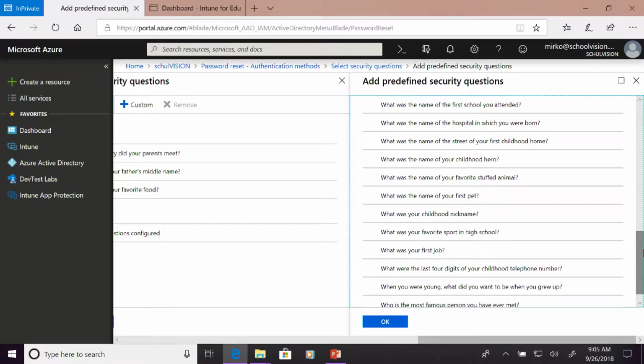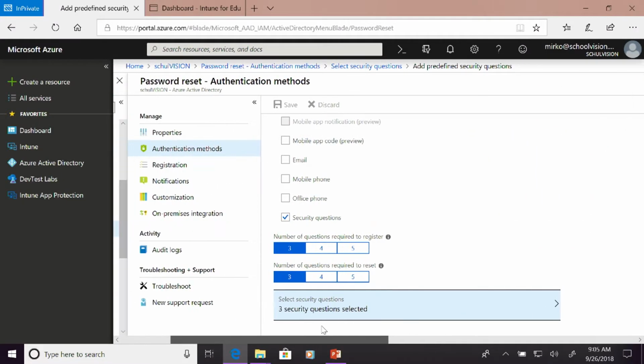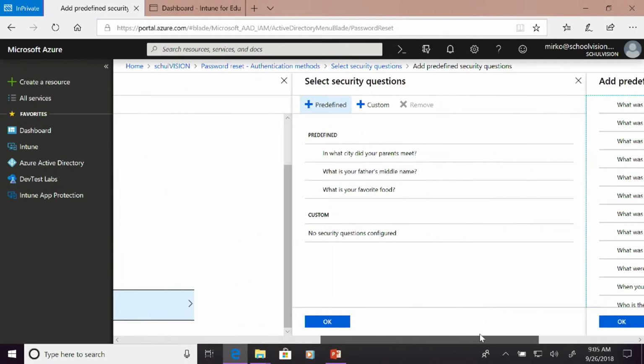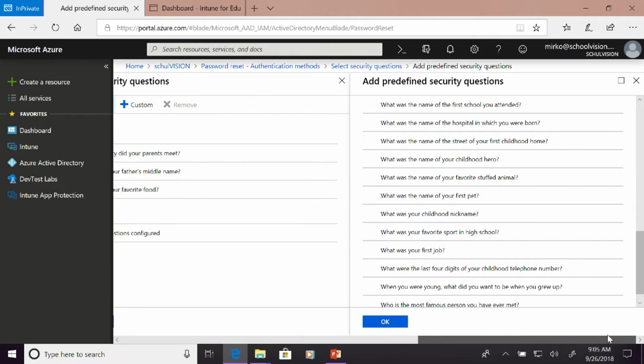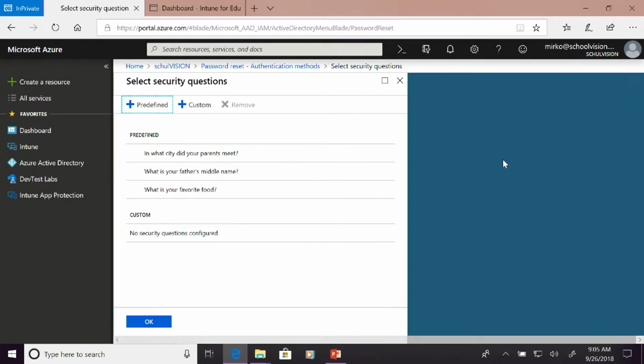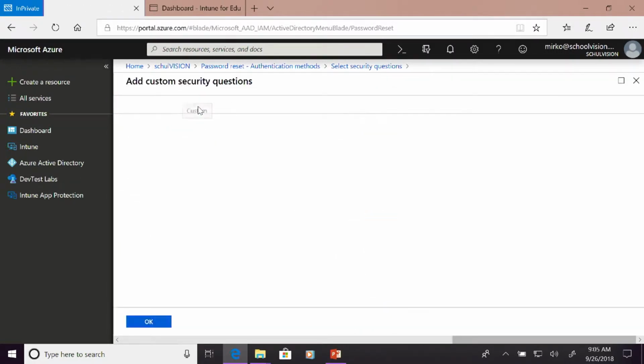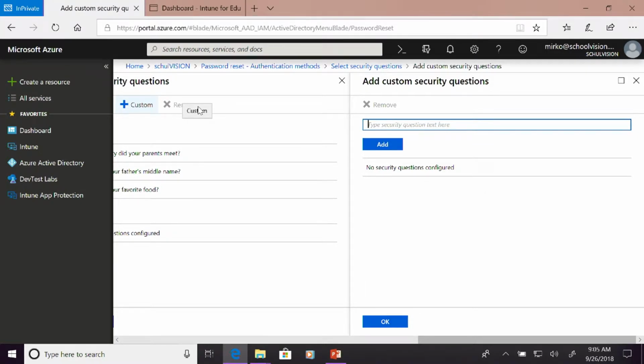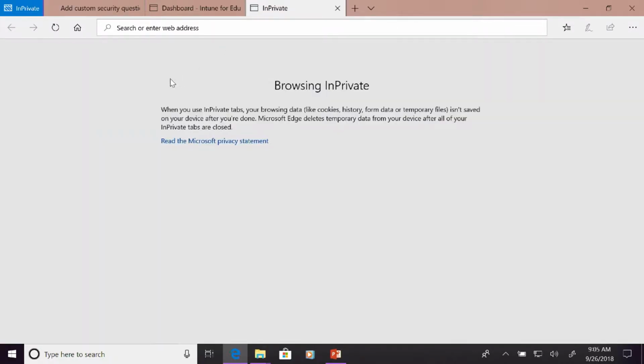But if you are creative enough and you have your own kids and maybe some experience during breakfast in the morning, put that in here. You can also create your own security question. So go a little bit back, or close the blade, sorry. And here you can add your custom question, whatever you like. It's pretty cool, right? So what the students or kids have to do is log in on